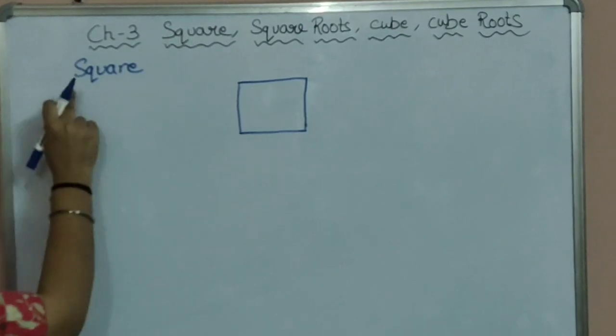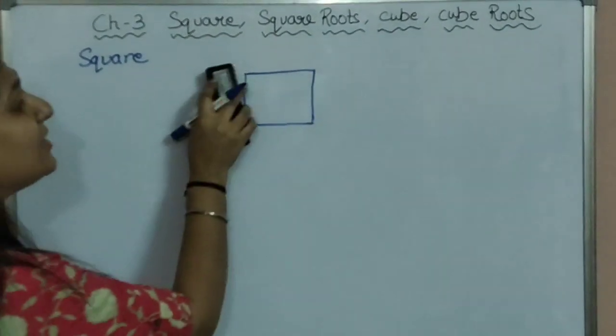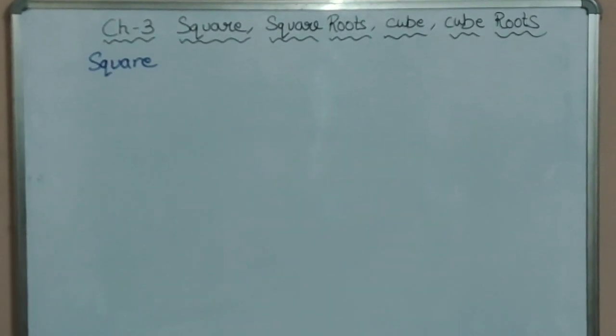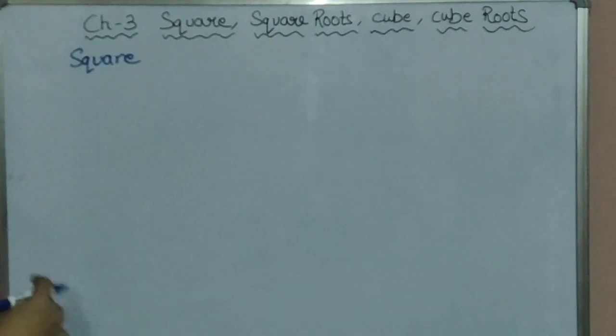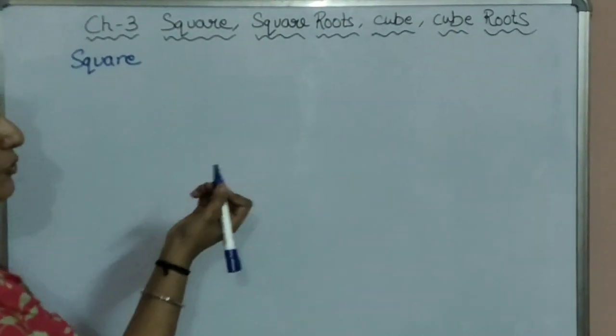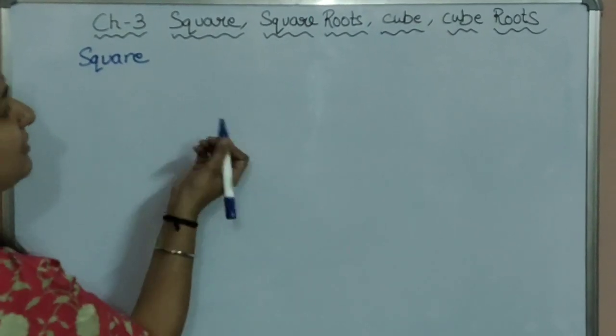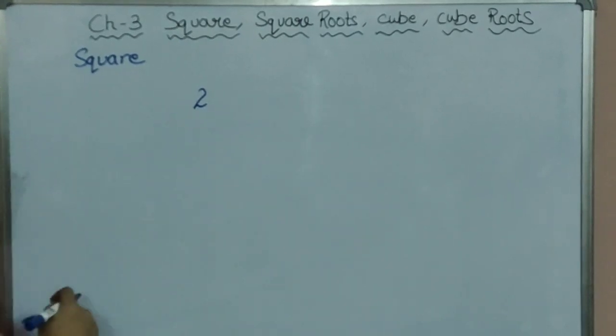Now today we are talking about square. It is the term which we use in algebra. Okay, so what is square in algebra? Square of any number. We have to find out the square of any number. So what do we have to do in it? If we have to find out the square of, for example, we'll take the easiest one, square of 2.